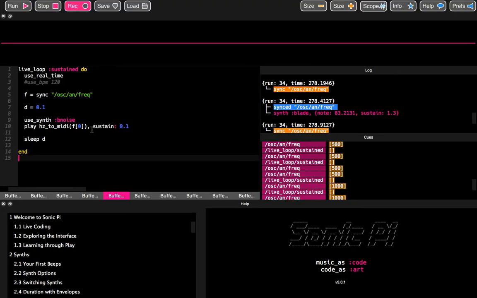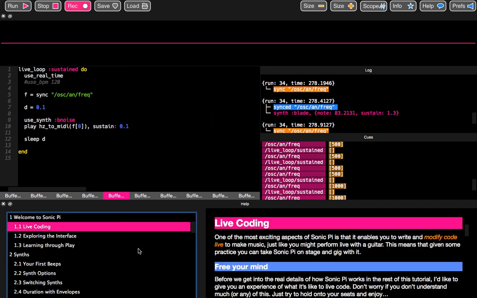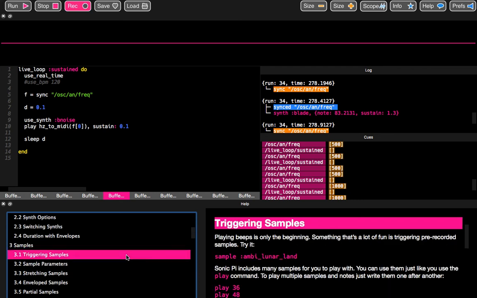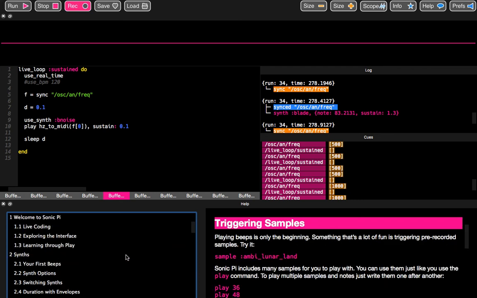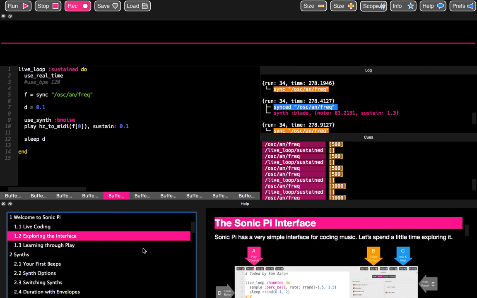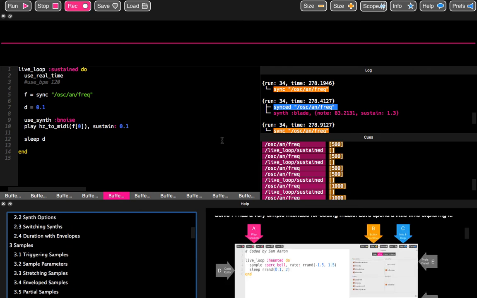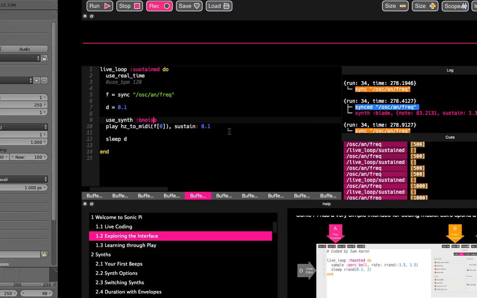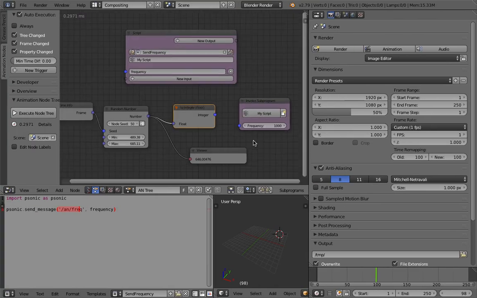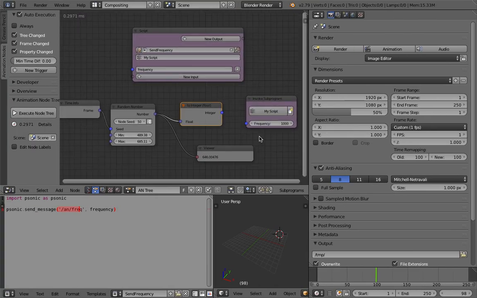In this case, I'm using these functions that convert the hertz into MIDI. But there's a lot of ways you can generate sounds. I highly recommend, if you're interested in sound programming using code, Sonic Pi is really good, and combined with Blender, you've got really powerful tools to perform and give some kind of entertainment